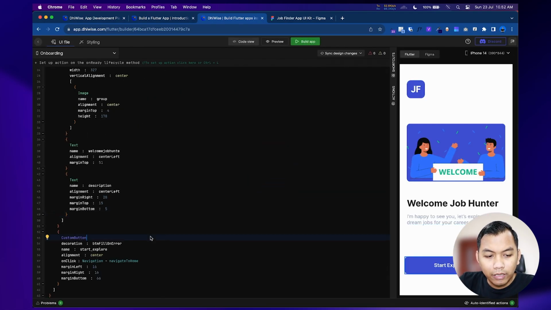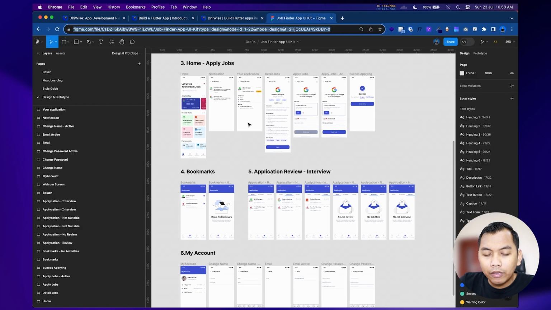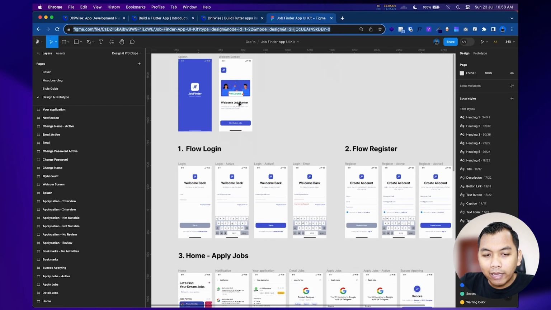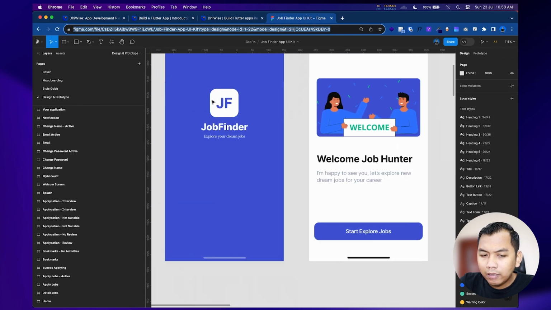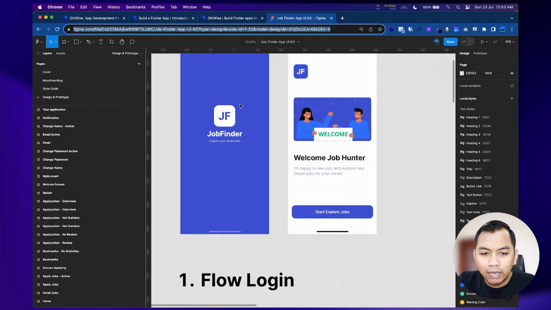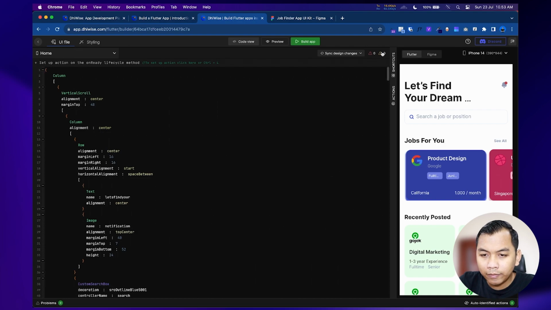So as you can see, now we have navigation inside this custom button and it will navigate to our home screen. And let's say if we need to change the image and the title inside our Figma design, we can change it here and we can go back.